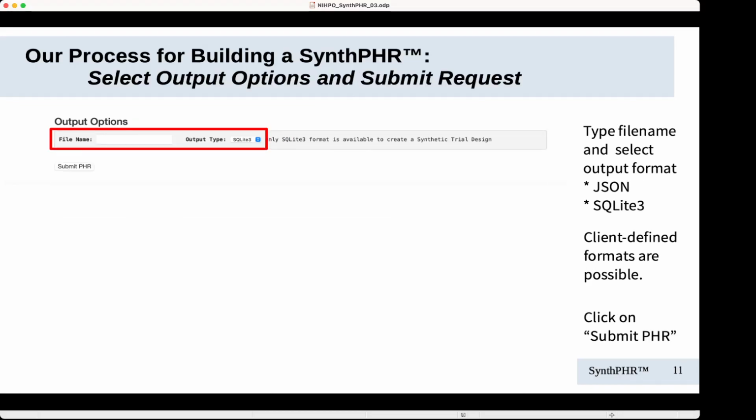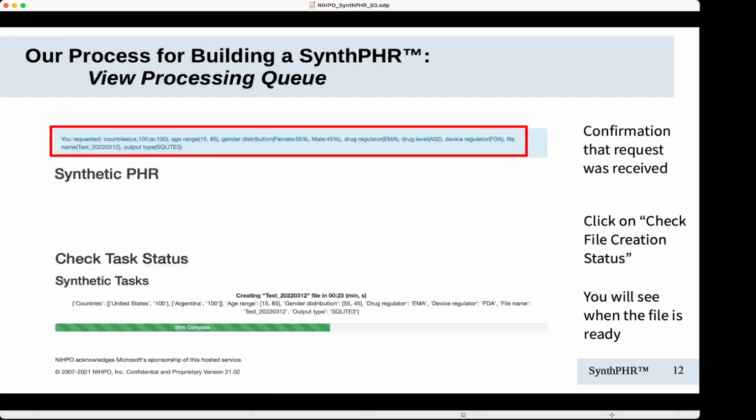Then you select the output options. You can output either JSON or SQLite. SQLite is a portable database file. We can also modify the system to generate client-specific formats based on your needs. And then when you hit submit, it takes a couple of minutes depending on the size of the file, and